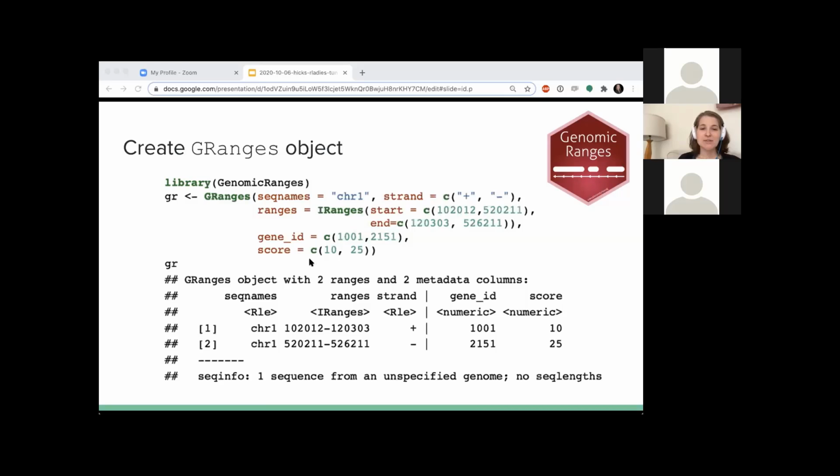So for the things that are required, you need which chromosome it came from. Strand, I think strand might actually be optional, because I've gotten away with not recording strand before. And then ranges. So there are things called IRanges. IRanges is very similar to GenomicRanges, but it doesn't require any information about chromosome or strand. It just needs to know the start, the end, and the width of the genomic region. And I'll give you an example of that in the demo. And then the 2 other columns that I created are just gene ID and score. So it's really easy to create one of these objects